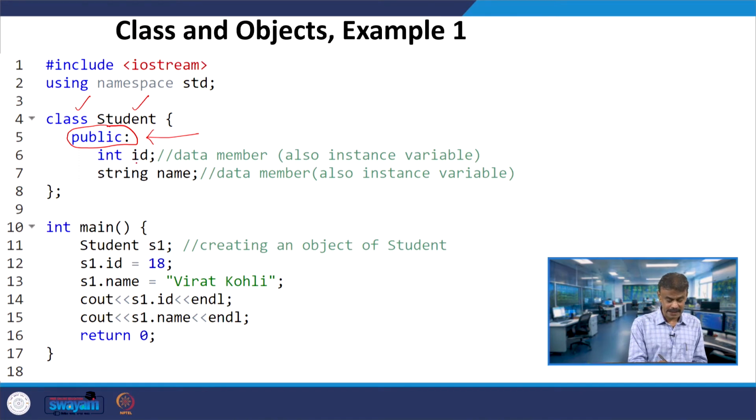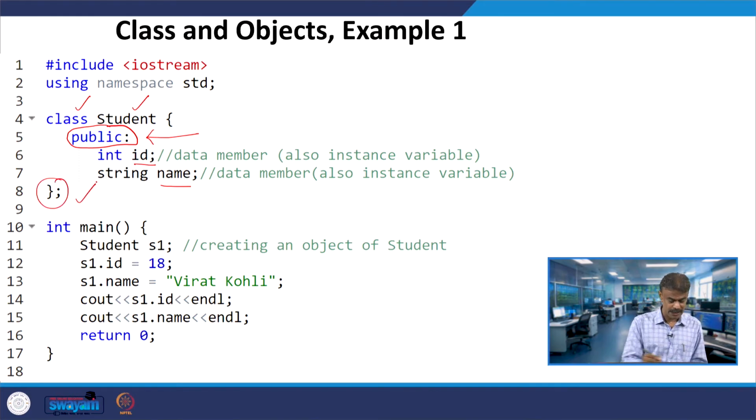And you have another data member, a string name. So, you are using only data members here. Now your class is ending over here.